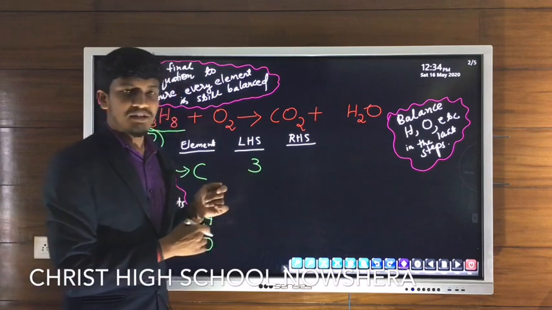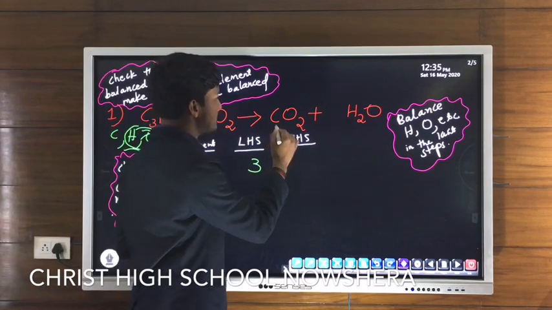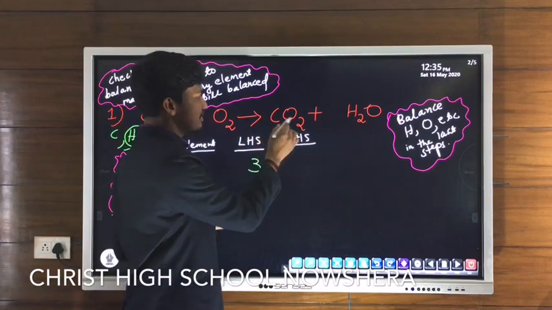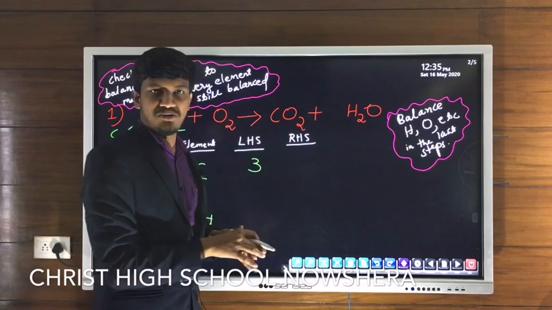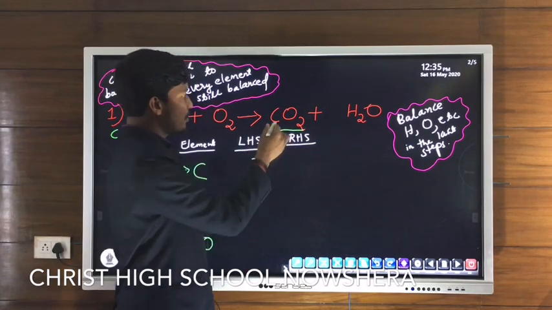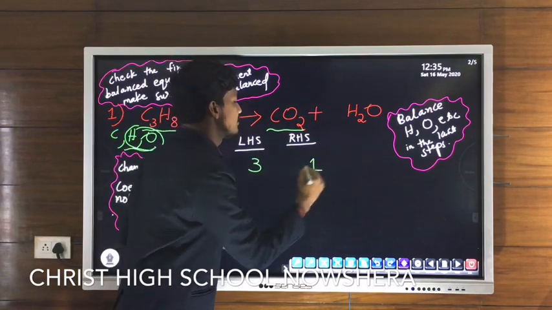Now the number of carbon atoms on the right side, that is the RHS. On the product side we have two products, CO2 and H2O. And where is carbon? Carbon is in CO2. In the second product, no carbon. And how many carbon atoms in CO2? C1. Because there is no subscript, the number of carbon atoms is 1.